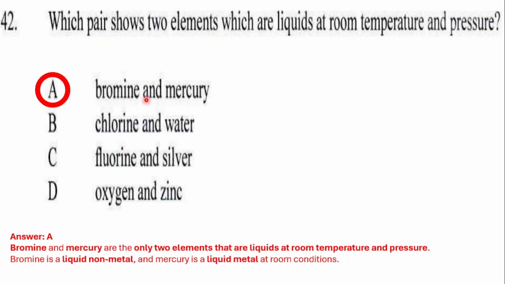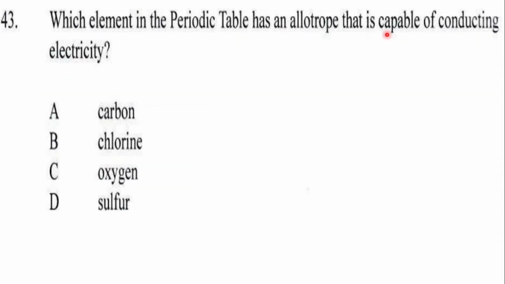So the correct answer is definitely going to be bromine and mercury. These are liquids at room temperature and pressure. Let's move on to question number 43, and it says, which element in the periodic table has an allotrope that